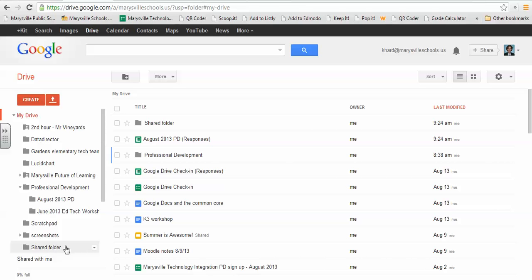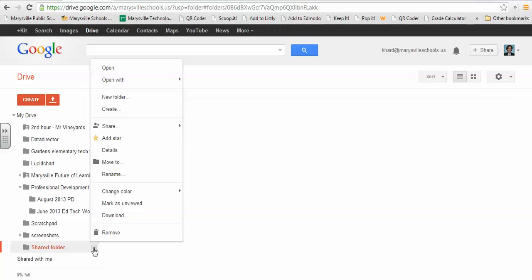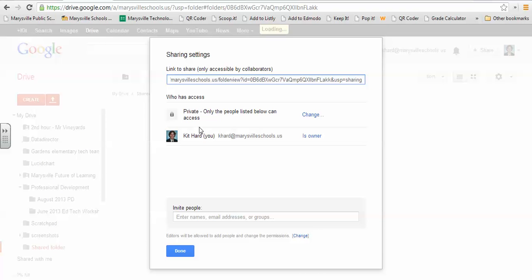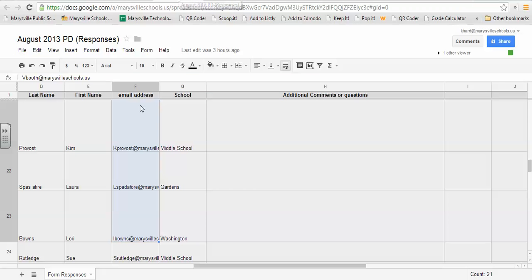So I have a folder here called Shared Folder, and I'm going to click on this little down arrow and it opens up a menu, and I'm going to go to the Share tab, and you'll see down here it says to invite people. Rather than clicking and entering each name individually, I've used a Google form to collect the